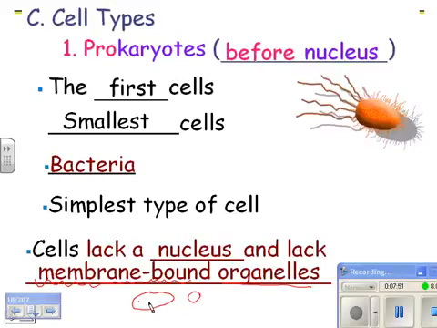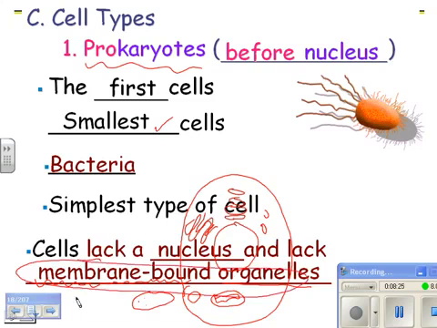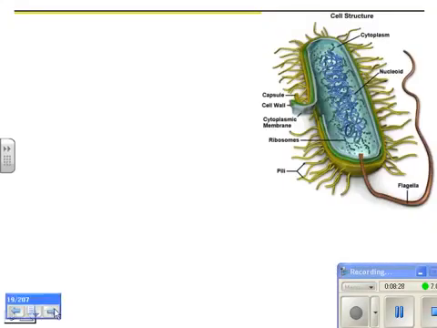So if that's the size of a bacterium, this would be the size of your cells. So that would be a lysosome, and here would be a mitochondrion, about the same size as a bacterium. But look at all the membranes. Here's the nucleus. Here's some more lysosomes. Here's the endoplasmic reticulum. Here's a Golgi body. So eukaryotic cells are a lot bigger, and they have membranes inside. Prokaryotes are littler. See, they're smallest. And they have no membrane-bound organelles. So this part is really important. No membrane-bound organelles.